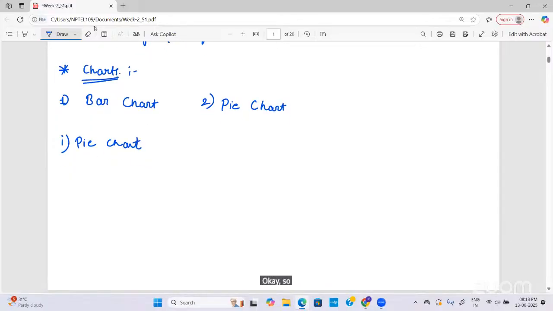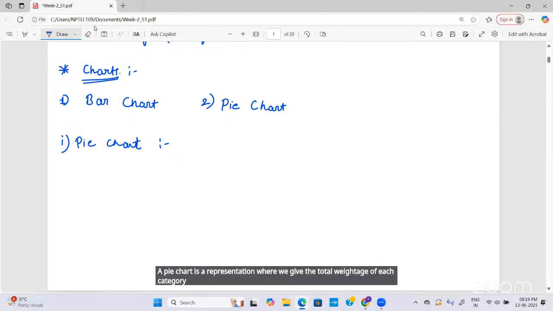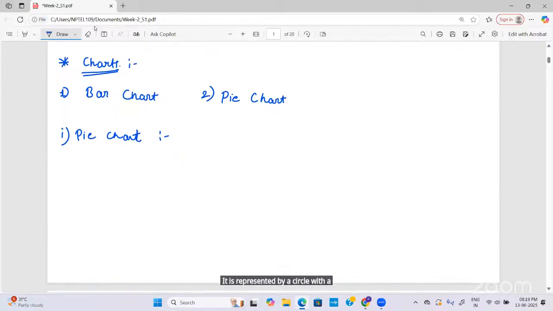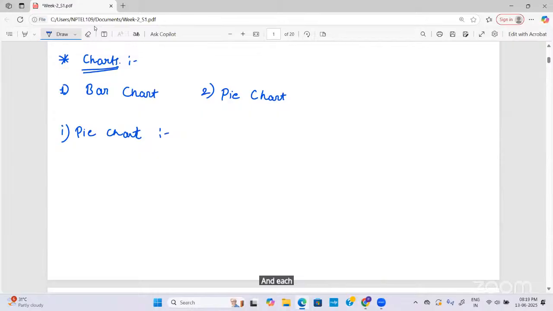Would anyone like to explain what a pie chart is? A pie chart is a representation where we give the total weightage of each category in proportion to the other categories. It is represented by a circle. The full 100% is 360 degrees, and each angle represents the total proportion of that category with respect to others. So I'm just writing the definition. A pie chart is a circle which is divided into pieces or slices, proportional to the